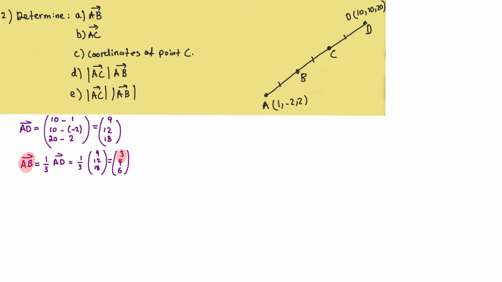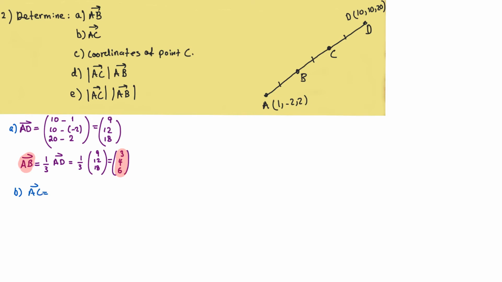And this is vector AB. The second part of the question asks for vector AC, so that originates here and terminates here. That's twice as big as vector AB, so we'll use that concept. So this was A, for part B,